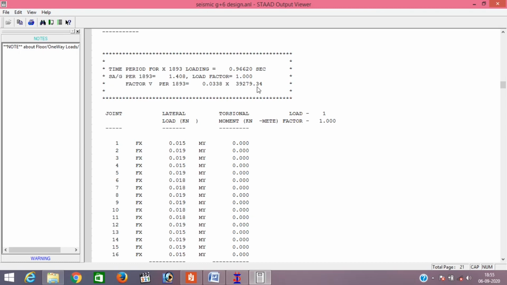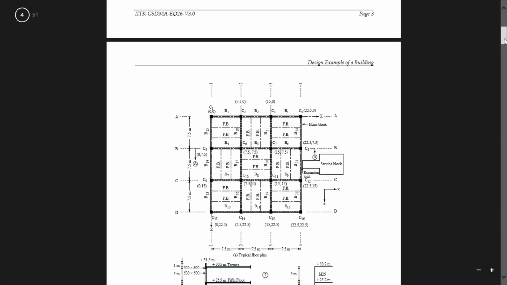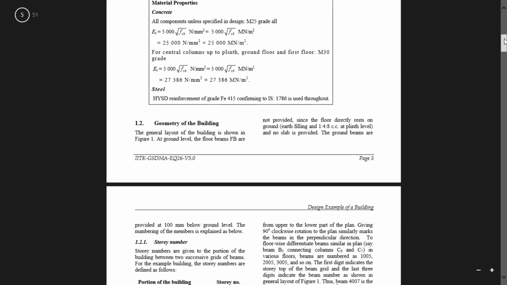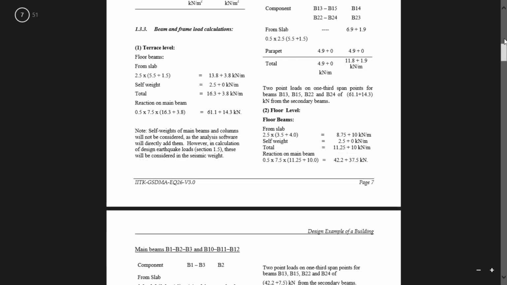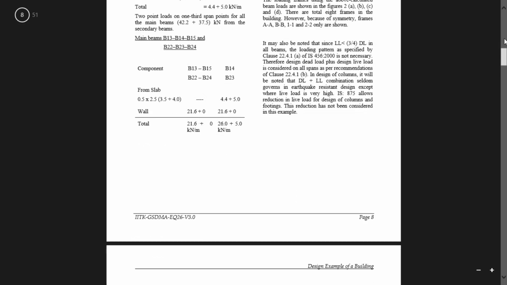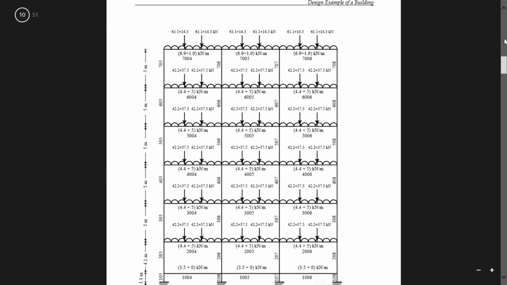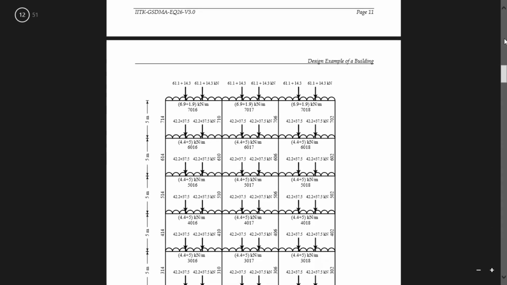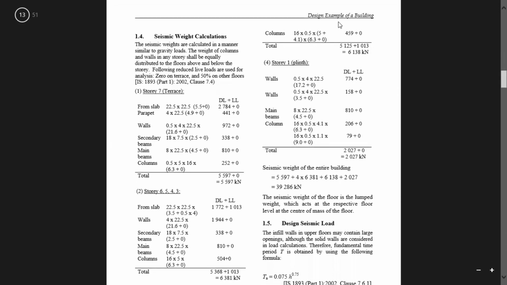Here you can see the seismic weight is 39,279, and in the seismic calculation, you can see from page number 5, here it will design manually and not provide the plates, so its calculation is too lengthy. So I gave this shortcut, not giving too much calculation, just providing it using plates.